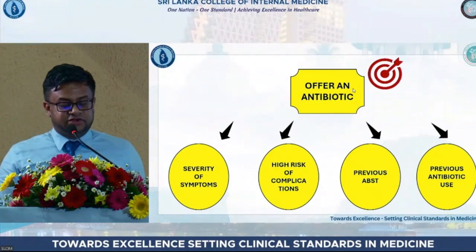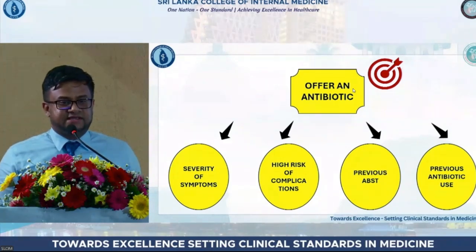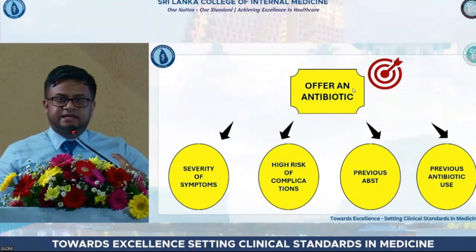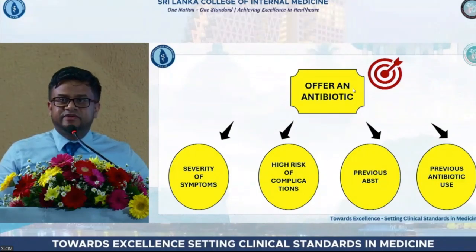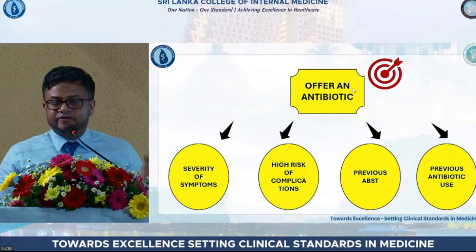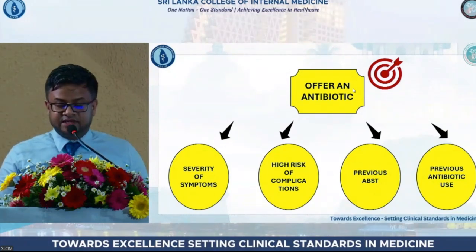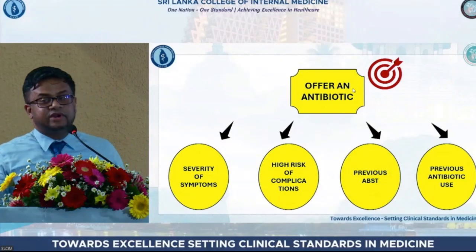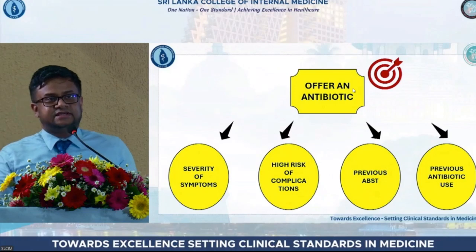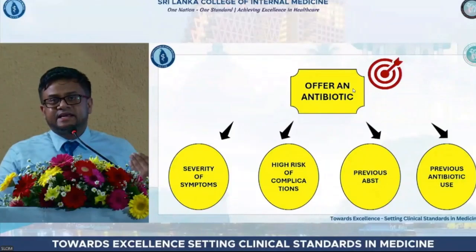See the patient's severity of symptoms and whether the patient has a high risk of complications, such as diabetes or uncontrolled other comorbidities, whether the patient has had a previous urinary tract infection with a positive culture, whether ABST results are available, and whether the patient has been given a course of oral antibiotics, because that will suggest to you that the patient is again at high risk and you will have to optimize and escalate the antibiotic